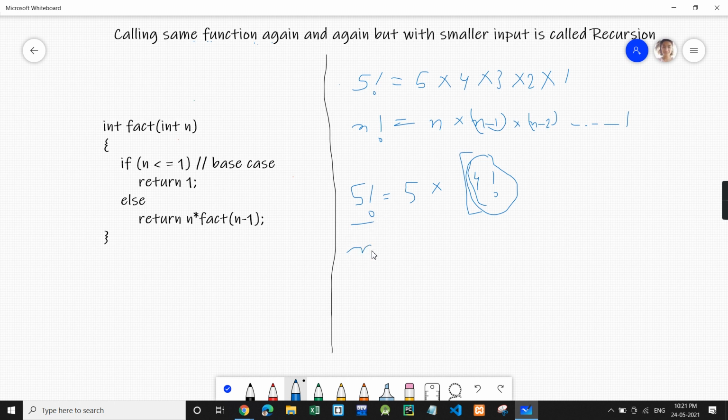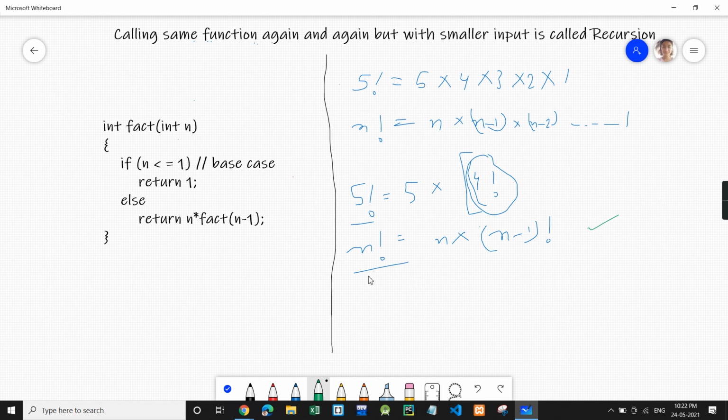So basically, if you want to know n factorial, you can know n minus 1 factorial. If you have n minus 1 factorial, you can simply multiply n with that and you will get n factorial. You can use recursion in this.